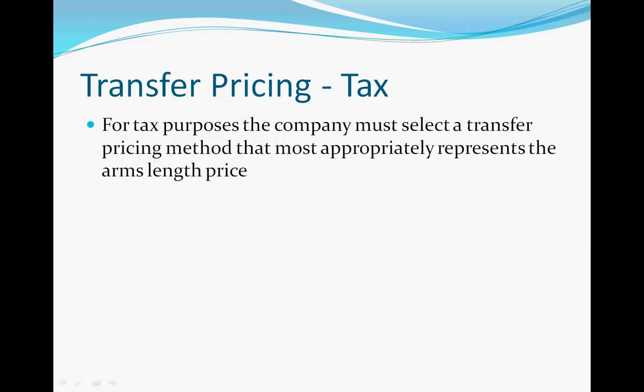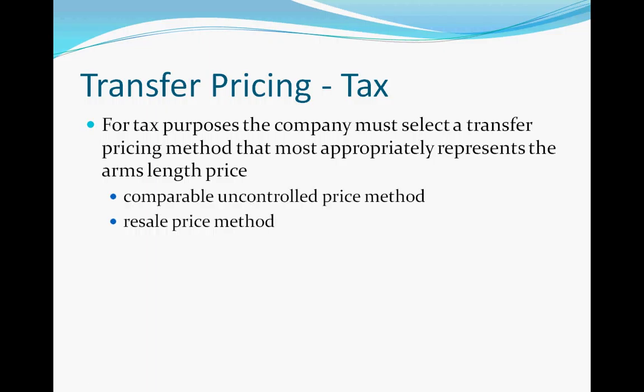There are a few methods that are allowed to determine the price one entity sells to another. They are the comparable uncontrolled price method, resale price method, cost plus method, comparable profits method, and profit split method. The main issue is to see what price unrelated entities would sell the goods to each other. These methods try to match what would happen if the companies were unrelated to make sure enough is taxed in